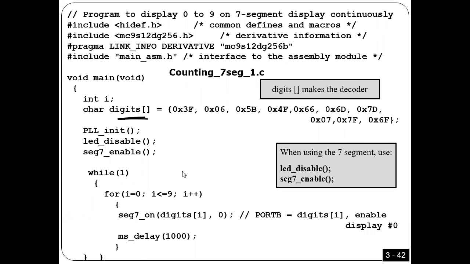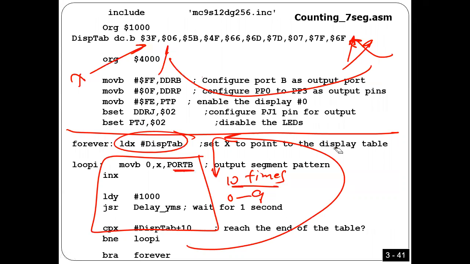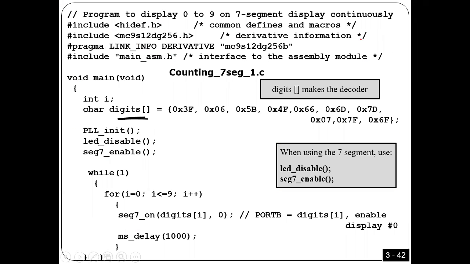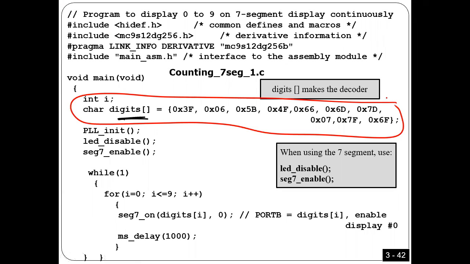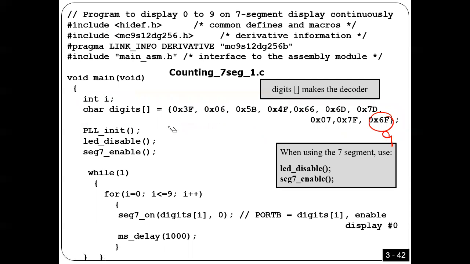So number one, I'm gonna have an array like this one, exactly the same thing here. So here I created an array, right? This is for number 0, this is for number 1, all the way to number 9. I created an array this way, okay, guys? And then you can see here,